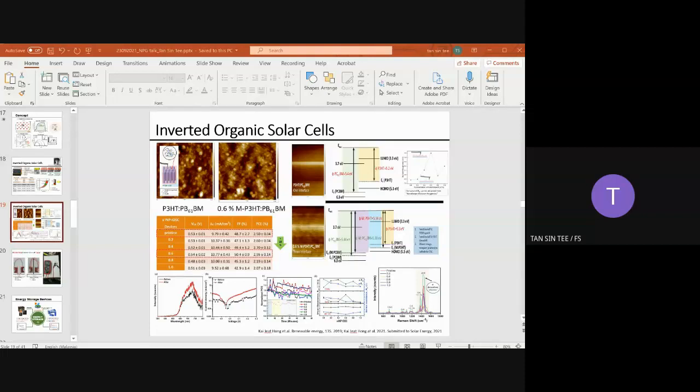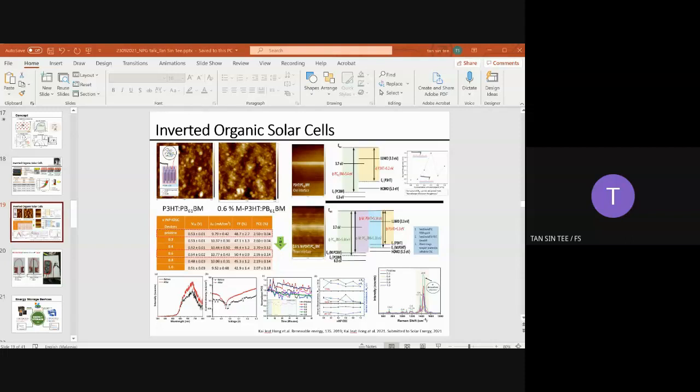Sometimes the longer your zinc oxide nanorod is, it doesn't mean better, because it will actually provide more sites for recombination to occur. Zinc oxide nanorod, everyone knows, is a defect-rich material. The longer you grow it, the more defects you supply to the solar cell system. So we control it up to the optimum. This is how we control the zinc oxide nanorod in our organic solar cell.